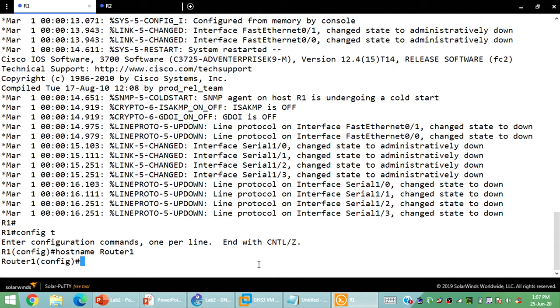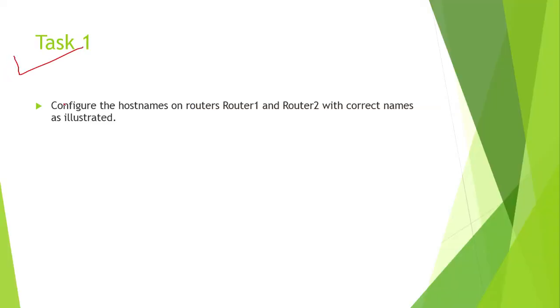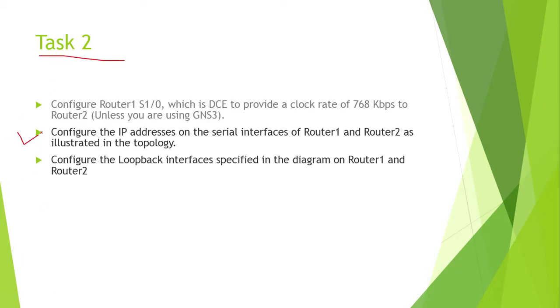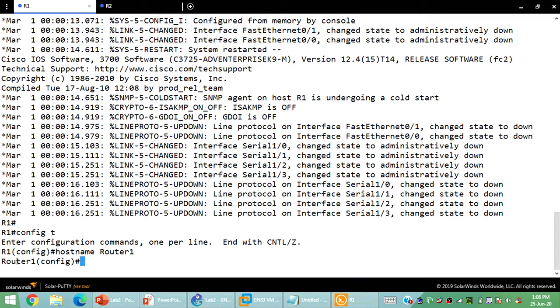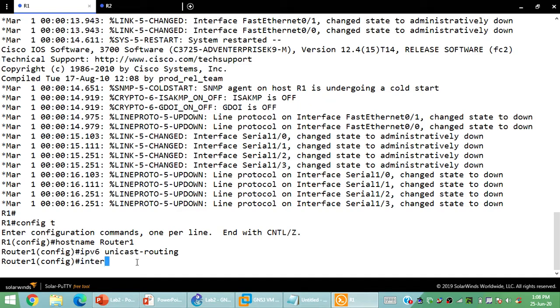Great. Okay, so the host name and routers have been completed and task 1 as of now is simply done. So let's start with router 2 with checkpoints of second and third. I need to configure the interface serial port 1/0 with IPv6. So the first and foremost command in router 1 will be ipv6 unicast-routing, then interface serial S1/0.